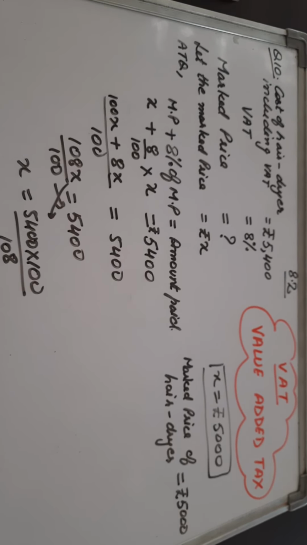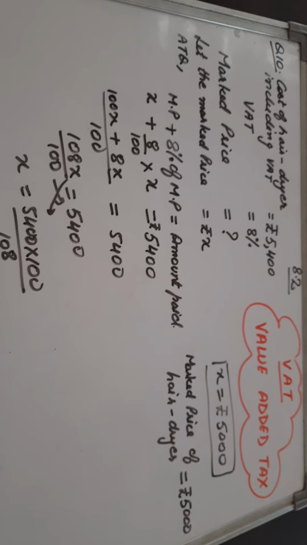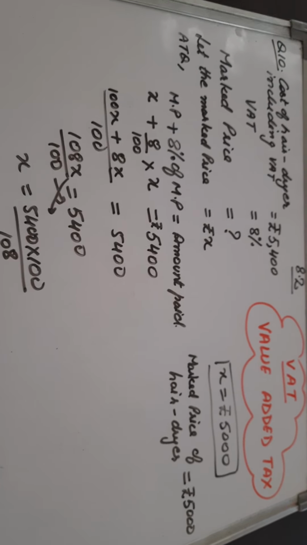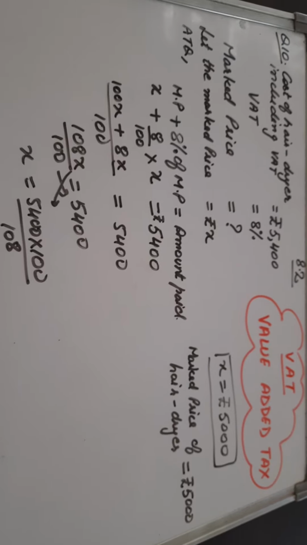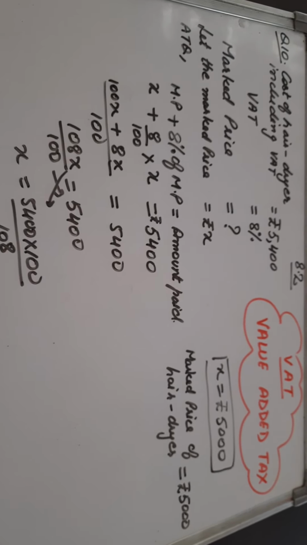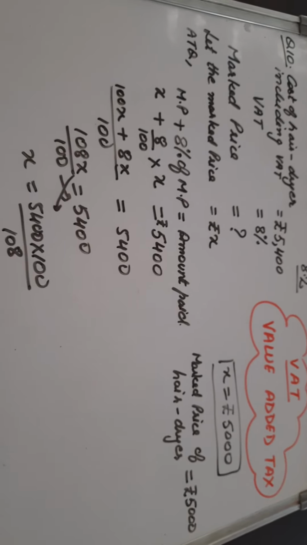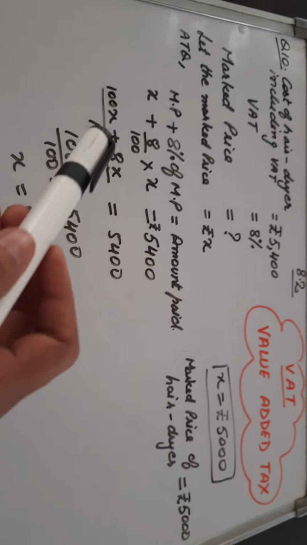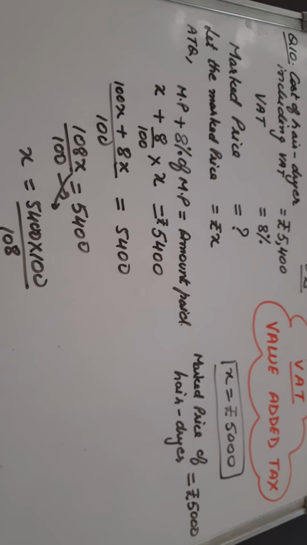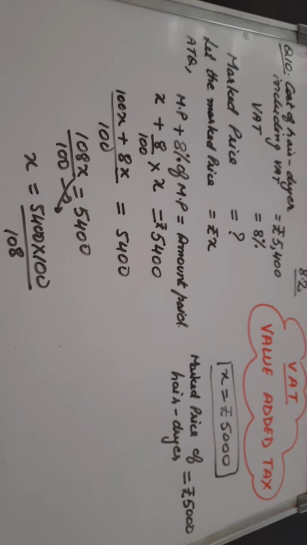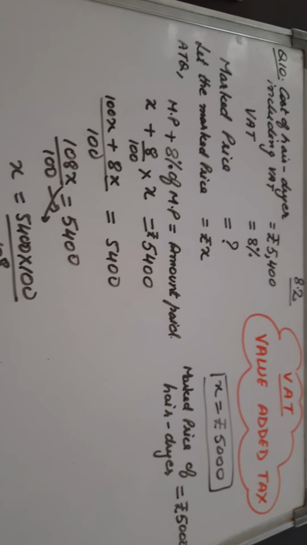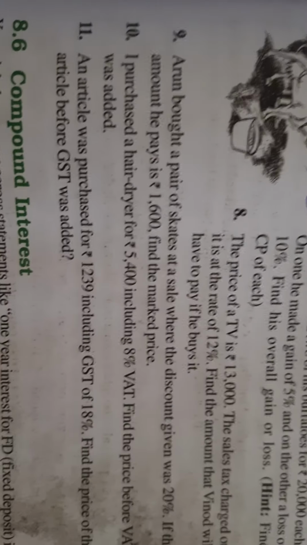So in this way, now you will be able to calculate the amount to be paid by yourself whenever you go for shopping. Okay? So whenever you go for shopping along with your mother, do calculate the amount to be paid by yourself. If you have to apply the tax, then add the percentage, and if you get the discount, then subtract it. Very simple. So now let us similarly do the next question.